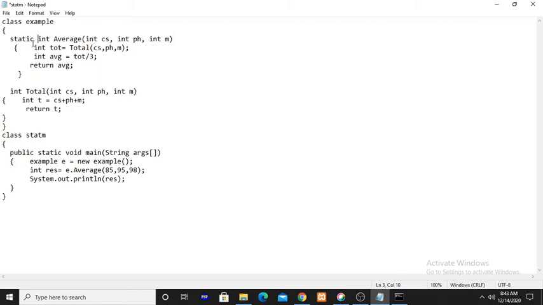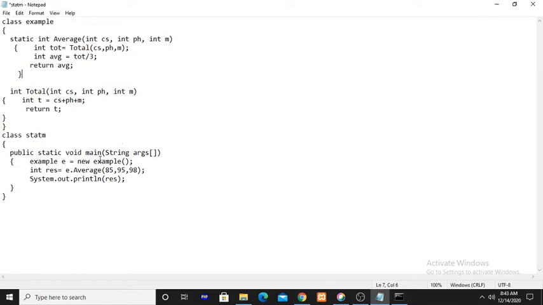It is not a non-static method. And the total method is not preceded by the keyword static, so it is the non-static, normal method. So here the static method average is calling the non-static method total. A static method is calling the non-static method.